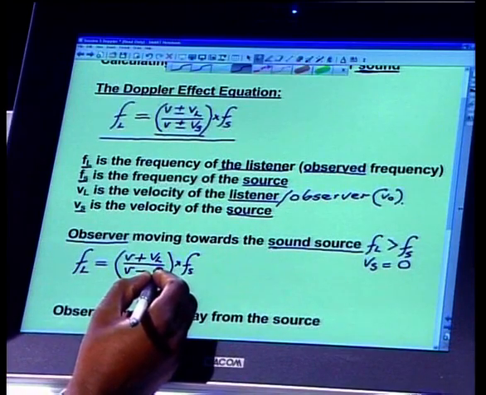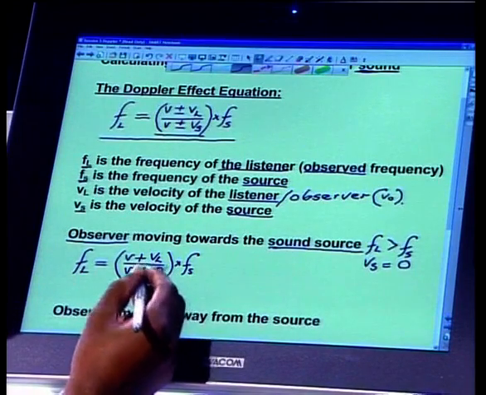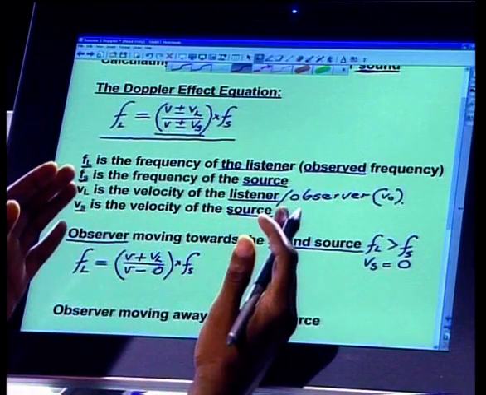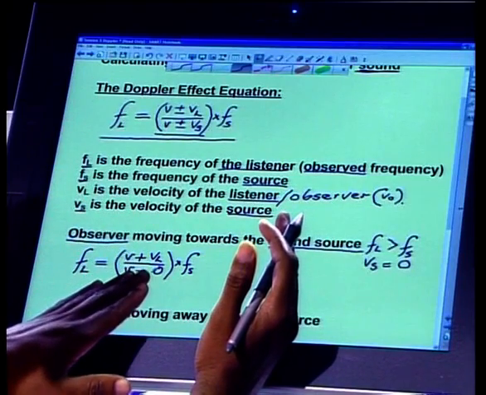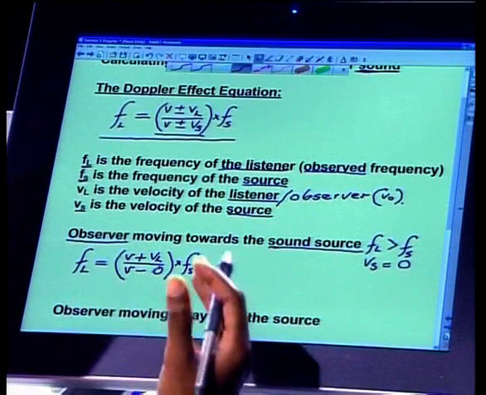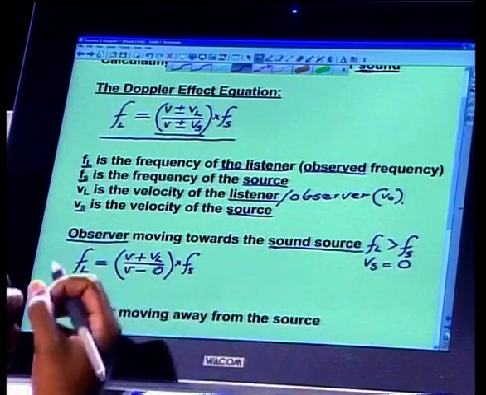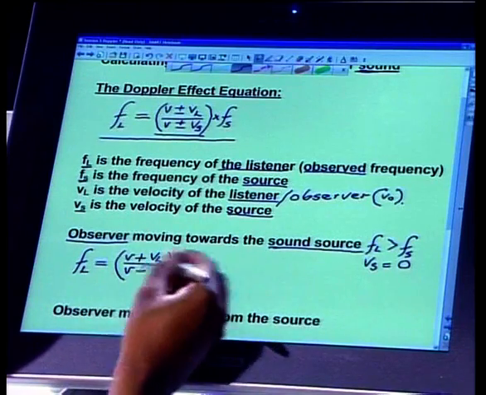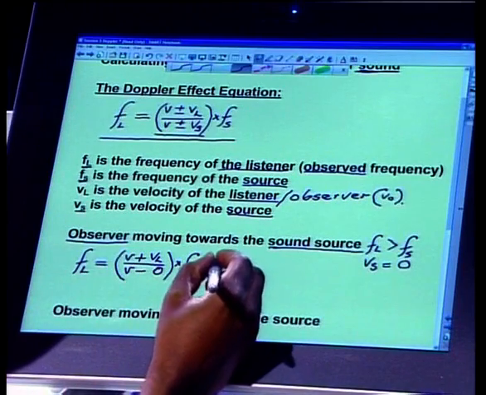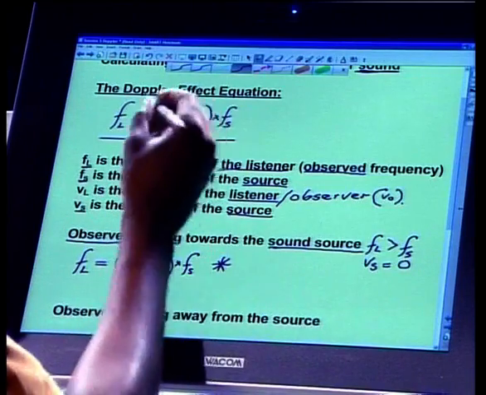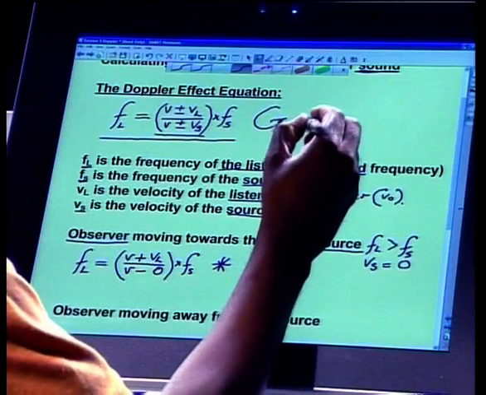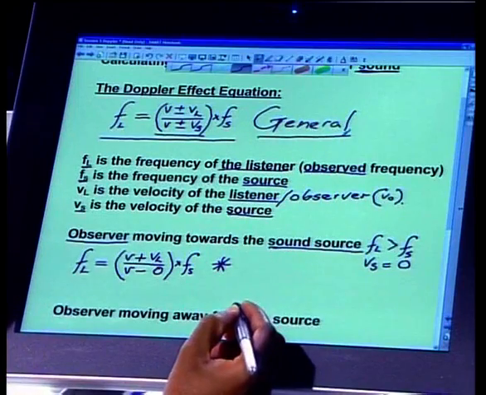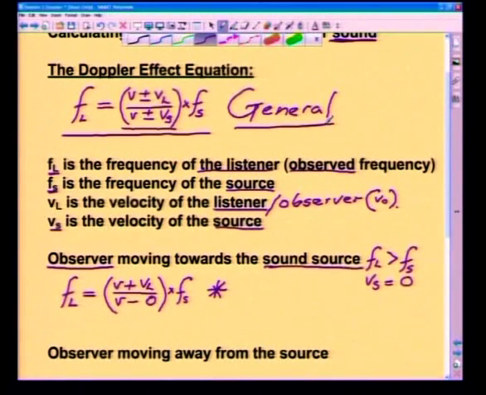Now, this also helps us because as we move further in our studies, we are not only going to look at the observer moving and the source stationary, where the only thing that matters will be the velocity of the listener. No, sometimes at university level, you will be looking at situations where both the objects are moving. You should be able to do this without any problem. So this will be our way of writing down that formula. If you like, this formula at this point is general. It's given to you like that in the formula sheet, in your question paper, and you must be able to use it. And the way to use it is this. When a listener is moving towards the source, that's how you're going to work this out